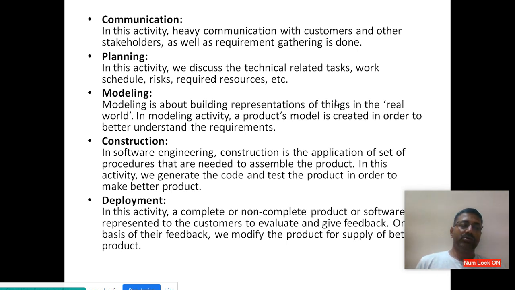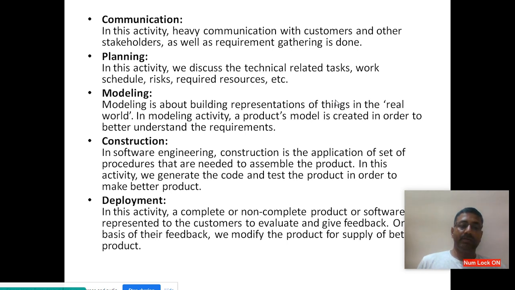Planning means once we get the requirements from the communication part, the next part is that we have to plan, technical, non-technical, and other related things, how we are going to solve the problem. How we are going to take the task to the next level, what skills are required, what risks we are going to face, and the basic required resources. Everything should be analyzed, manpower and all things. So planning is very important before developing the software. Based on the planning only, we are going to do all those things in a sequential manner.